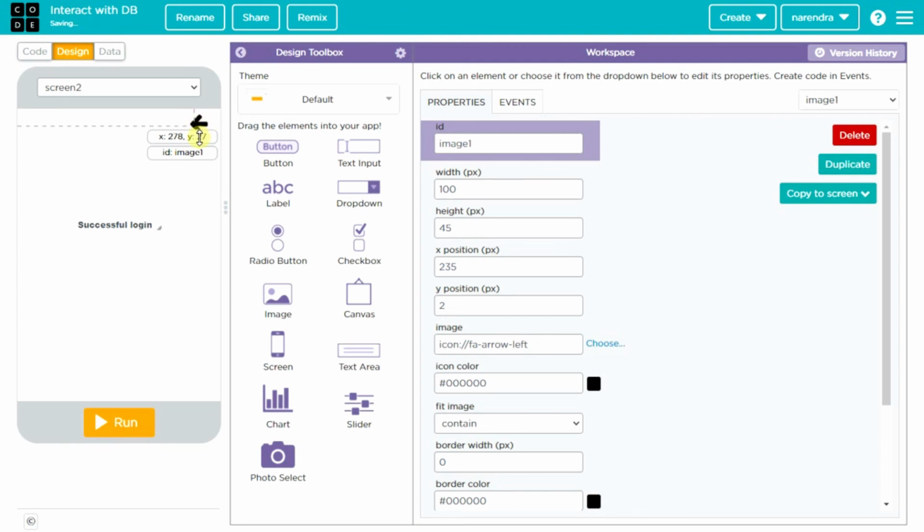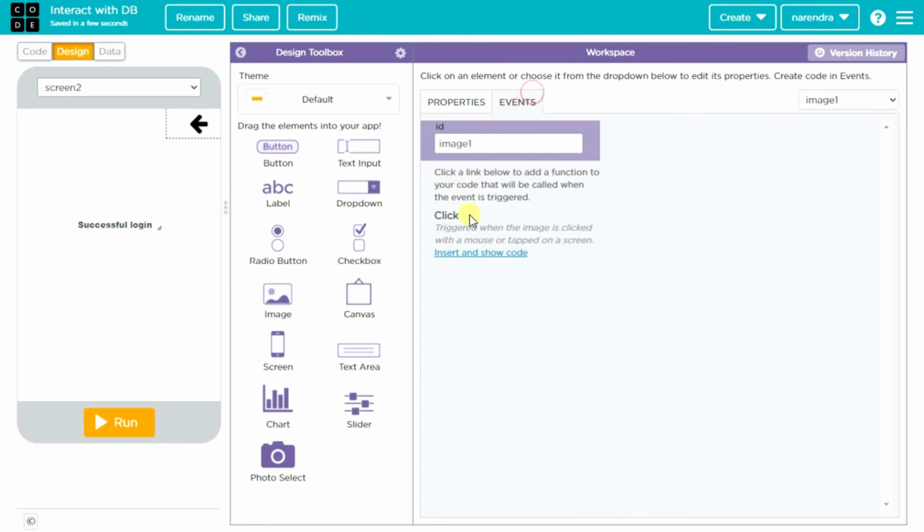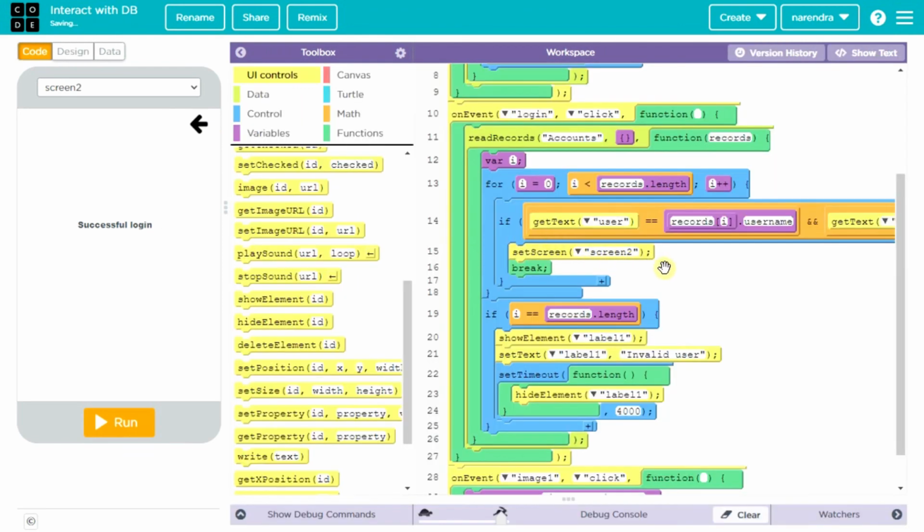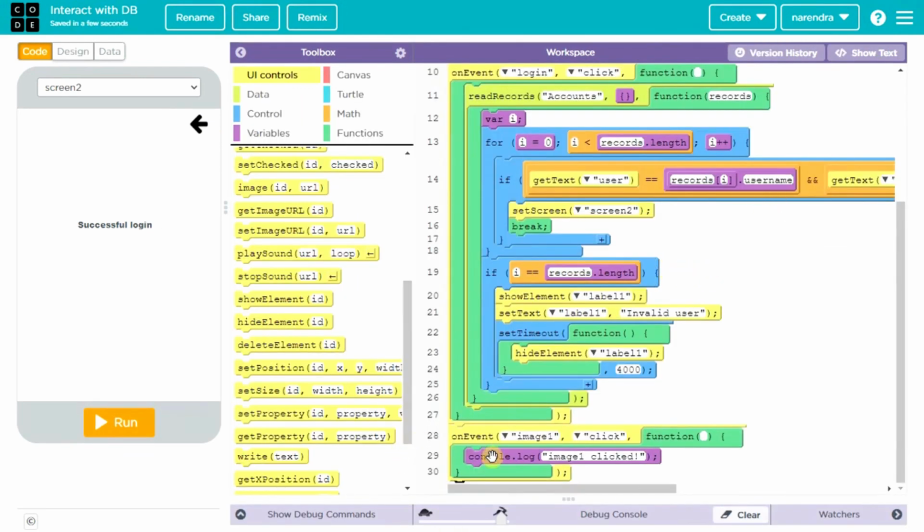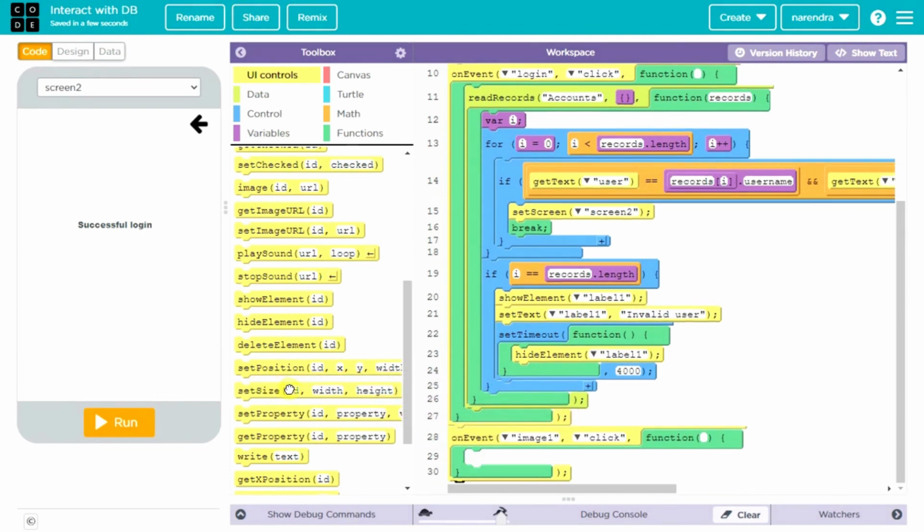So I need to add an event handler for this button also. Let's write the event handler for this button. Choose this image. Add event handler. We don't want this one, just throw it away. And here, once I click this button, whose ID is image1, it has to go back to screen 1.